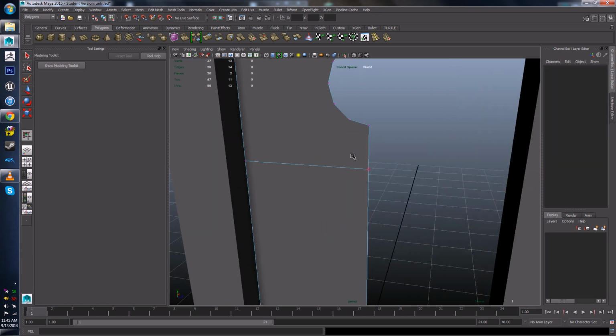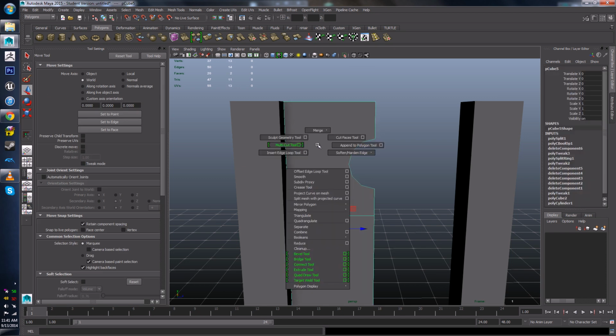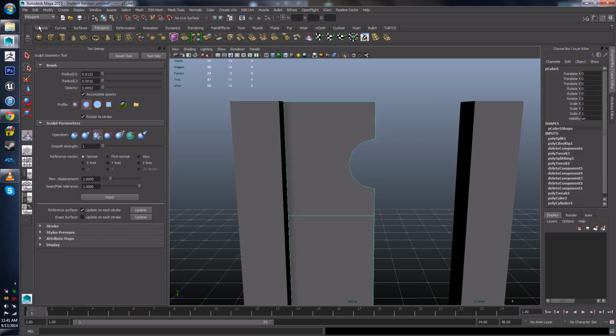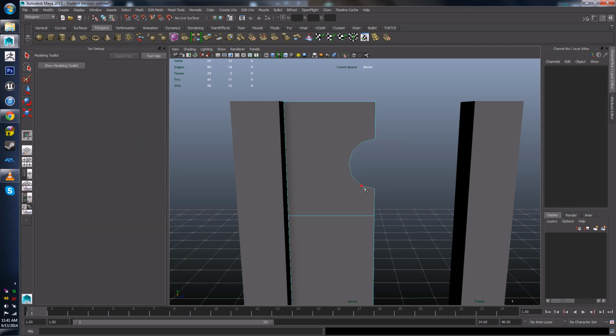So the next thing we want to do is break up these verts so that we have proper geometry, because right now we have a crazy n-gon. So I'm going to go into the multi-cut tool and start, whoops, that is not what I grabbed. I grabbed something else. Multi-cut tool. There we go. So I'm going to start breaking this up. Now, in this case, this is one of the times that we're going to have quite a few triangles, and that's perfectly okay. So what I'm doing is I'm grabbing a vert,